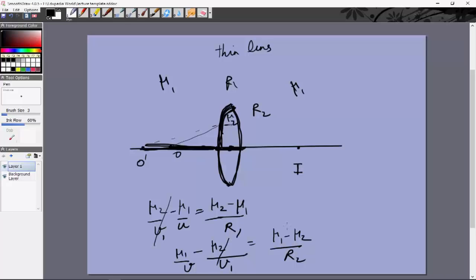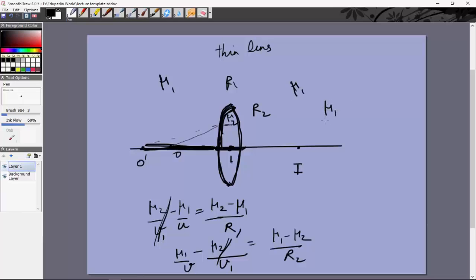And this is where a thin lens is very useful. Imagine if we did this to be v1 plus t, where t was the thickness. If t is the thickness of the lens, we put v1 plus t here, then these two would not cancel, and it actually would end up being very complicated. In fact, the theory of thick lenses is quite complicated. That's why you don't do it in your classes. But if we assumed it's a thin lens, then these two cancel very easily, and what we are left with